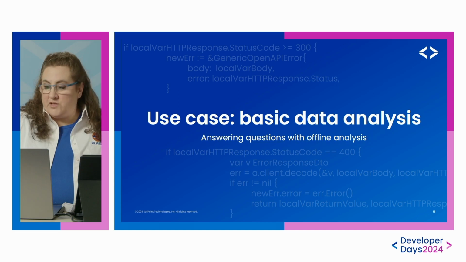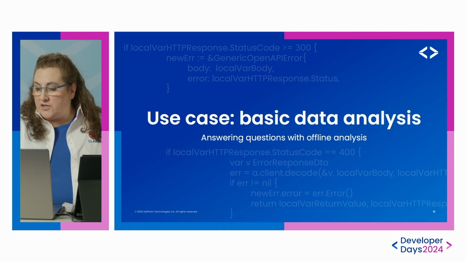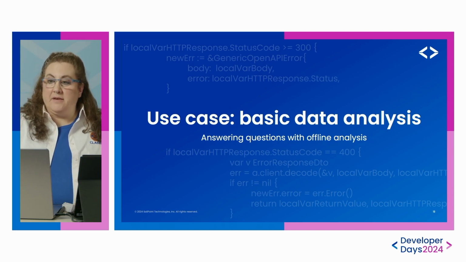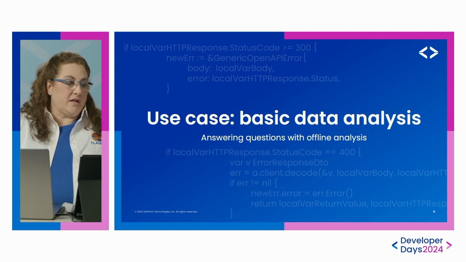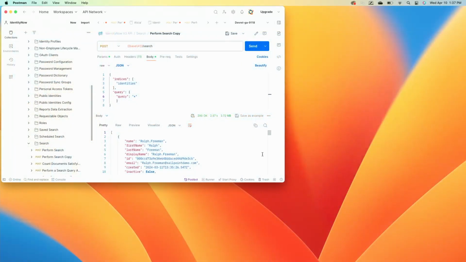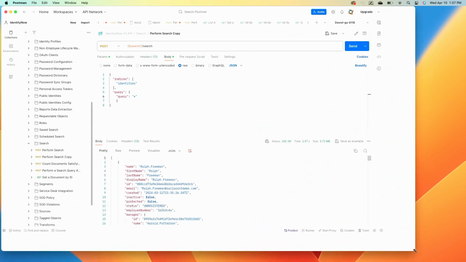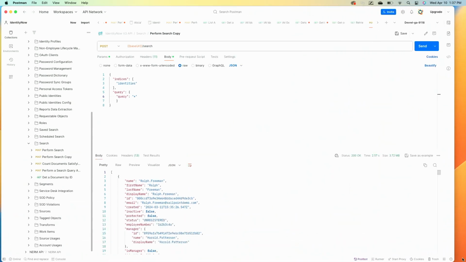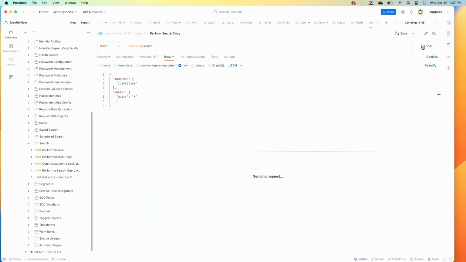All right, we want to switch over for just a minute, and I want to show you a little bit about the API. So I'm going to switch into Postman. This is how a lot of us got started looking at the APIs for SailPoint. And I have it pulled up here. I've already configured this for my tenant, and you'll see here in my URL that I am executing the search command, and the body of my search is I'm looking for identities, and I just want to return all identities. So if I click the send,